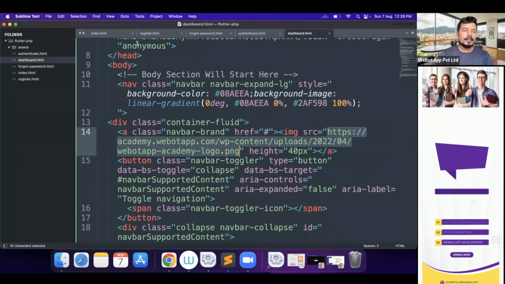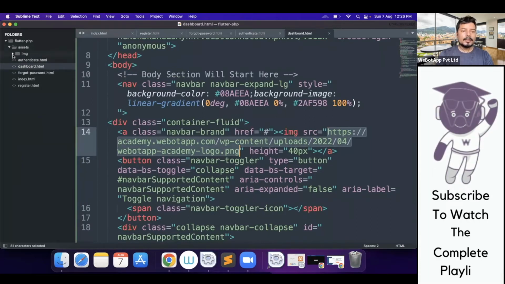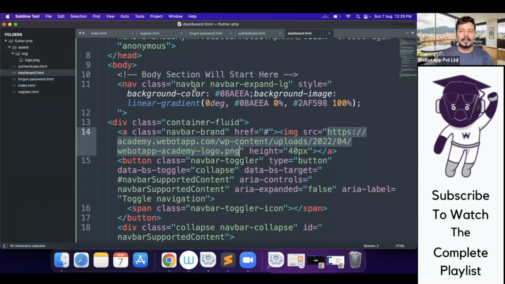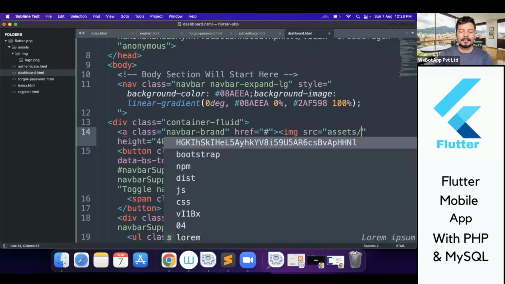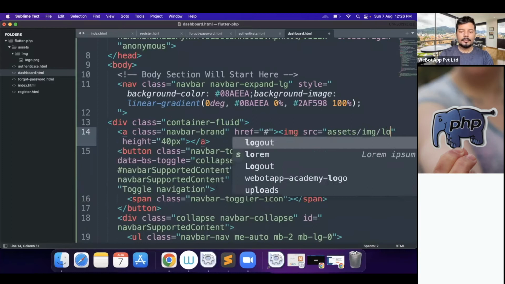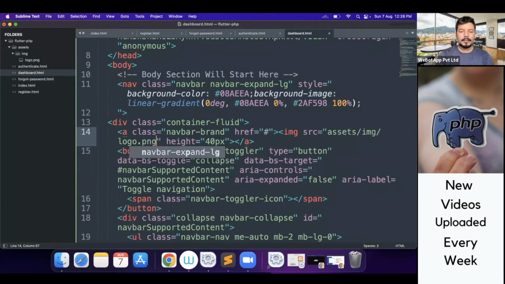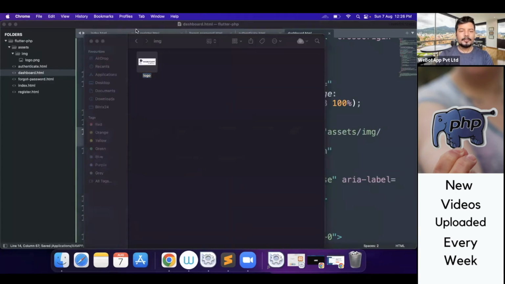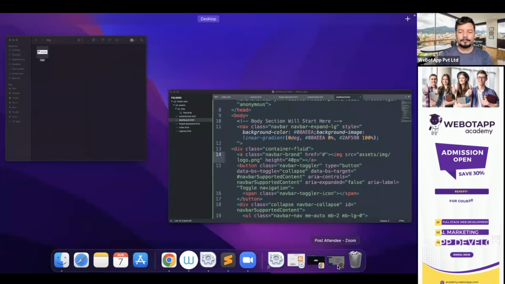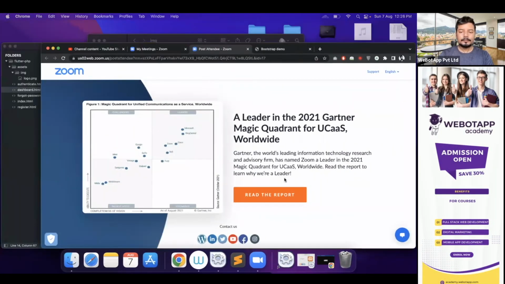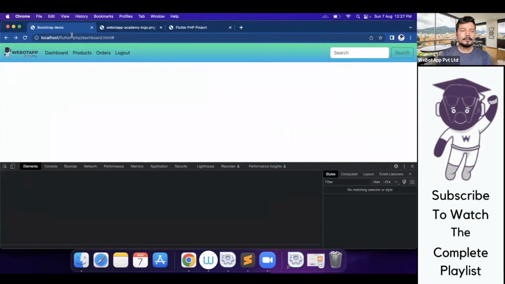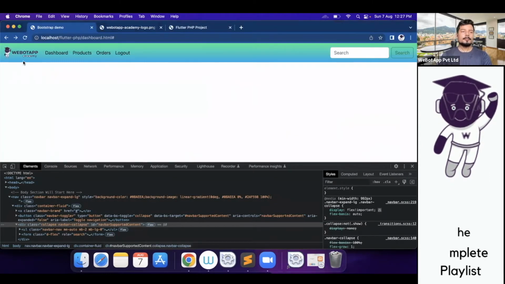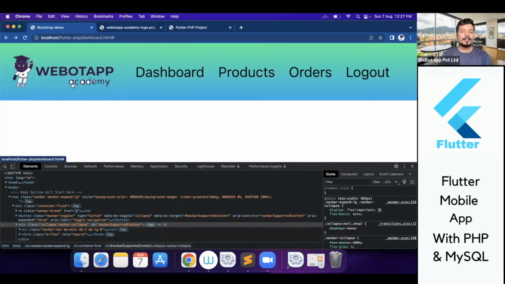Now let's go to Sublime Editor, and here instead of using the image directly from the server, I'll be fetching the image from assets, images, and then logo.png. So here assets slash img slash logo.png, and let me check now from the browser how it's looking. Okay, yeah, it's looking nice now,